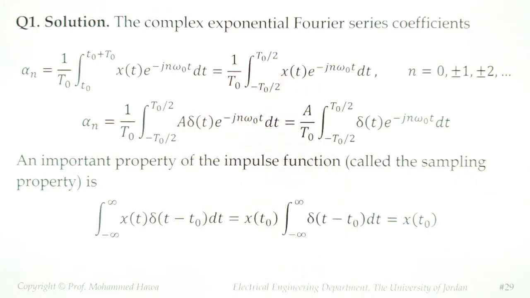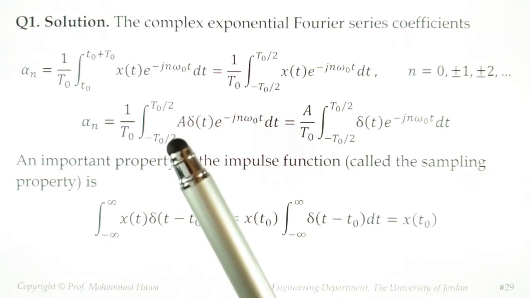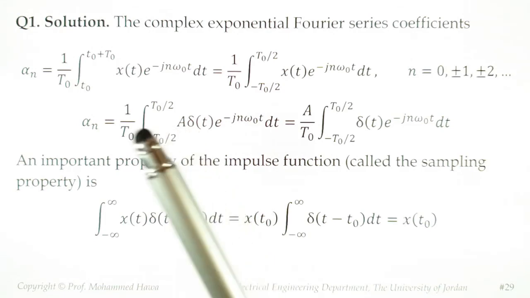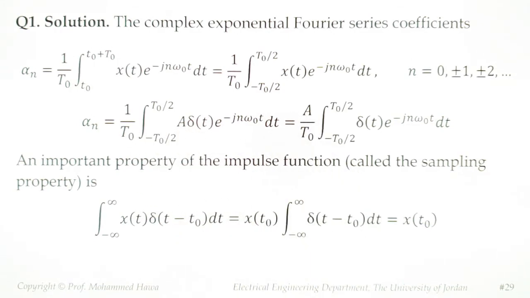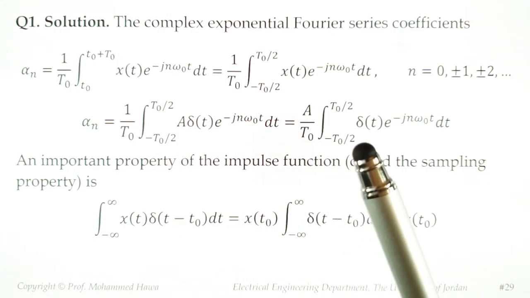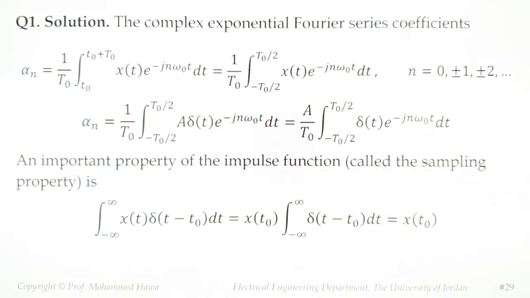is the impulse function. In this particular example, I scaled the area under the impulse delta t by a factor of a, but this doesn't change much because I can take a outside the integral. So I get the integral of delta of t times e to the minus j n omega naught t dt. Instead of finding alpha naught separately from alpha n, I'm going to find alpha n for all n using a